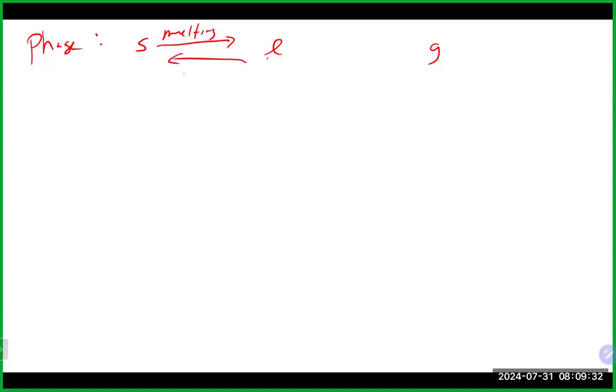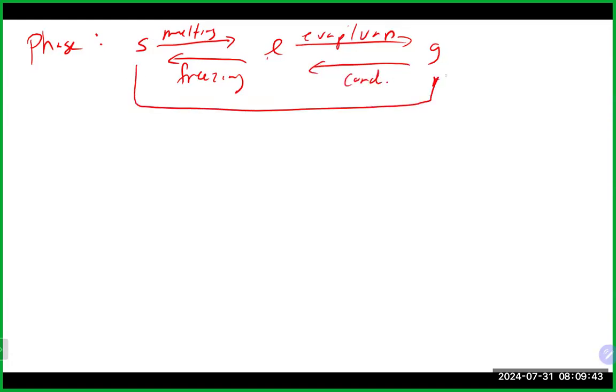We got freezing. We have evaporation and vaporization, condensation, sublimation, and deposition. We also saw last time